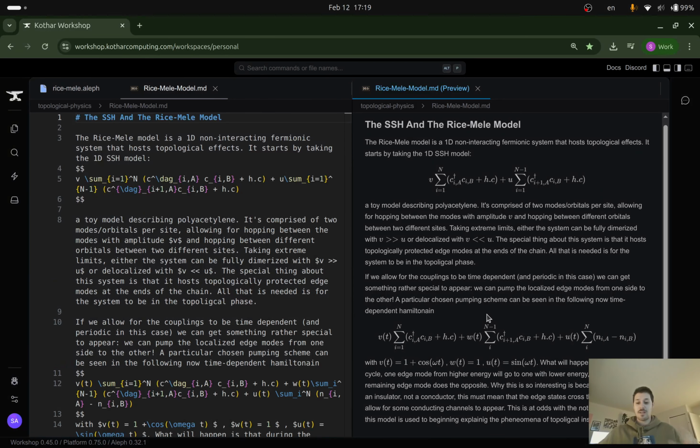So we have this time-dependent Hamiltonian now that we're going to look at, and we're going to choose a very, very specific choice of time dependence for our parameters. So here we're going to have the intracell hopping be 1 plus cosine of omega t, where omega is some frequency. We're going to leave the intercell hopping W to be 1. We can always choose 1 to be fixed in this setting. And then we're going to make the staggered on-site potential U vary with time as